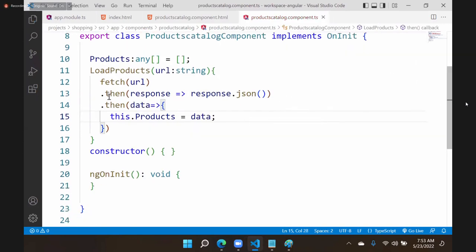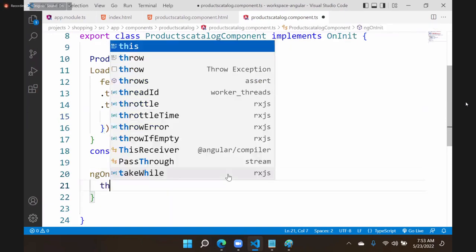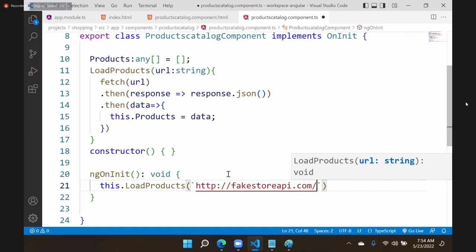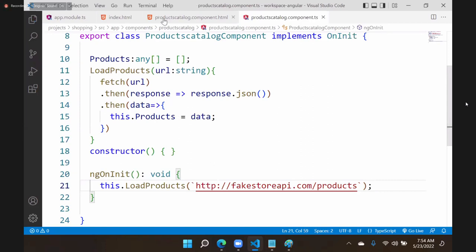And this load products we have to call on initialization. This dot load products, into that URL is http://fakestoreapi.com/ we will use products. Initially we will display all products,